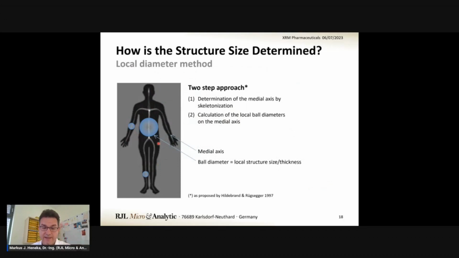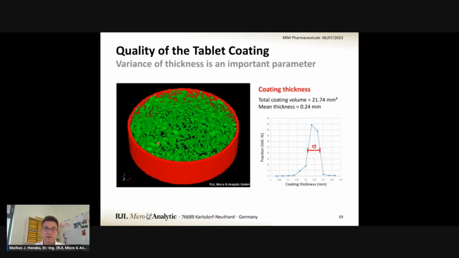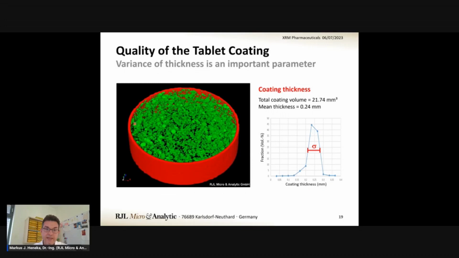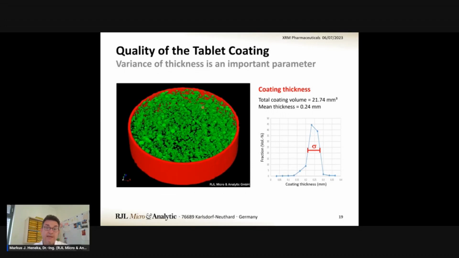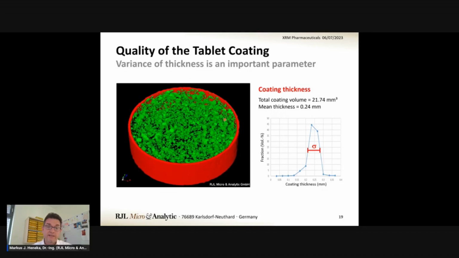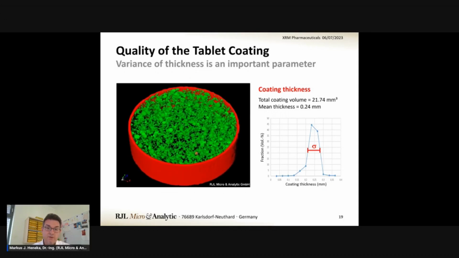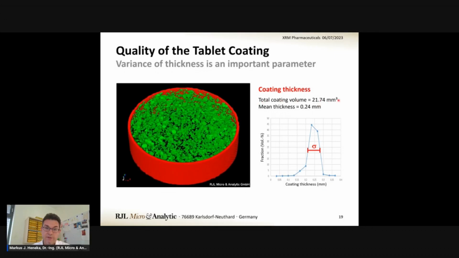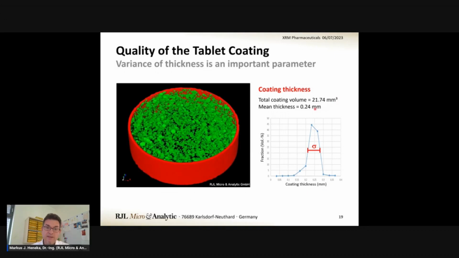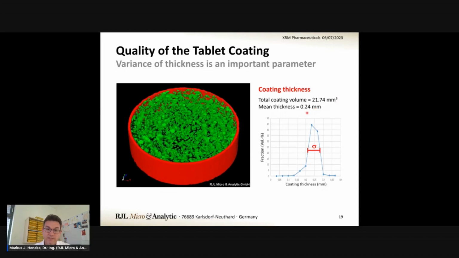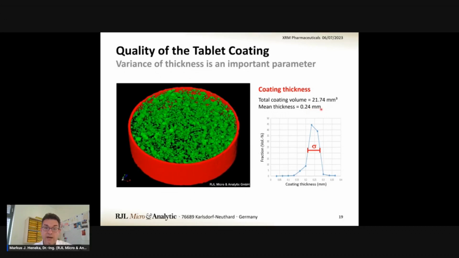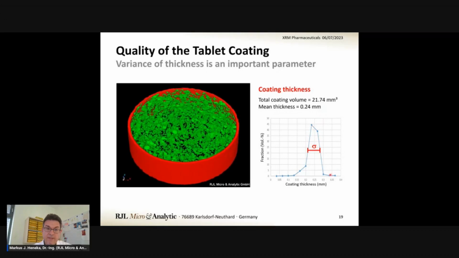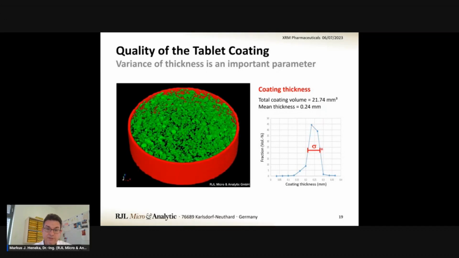So let's use the same tablet again and look at the result of the coating. It turns out that the variance of thickness is the most important parameter apart from the thickness itself, and I will explain why. We have the coating here in red, and we have calculated the total coating volume, which is an important parameter, and the mean thickness. But the mean thickness doesn't tell you whether the coating is missing at some point or too large at another point. So we look at the spread in the coating thickness histogram and look at the variance,